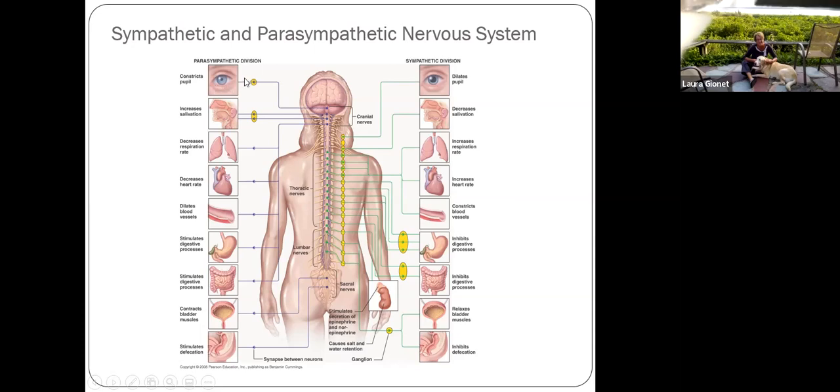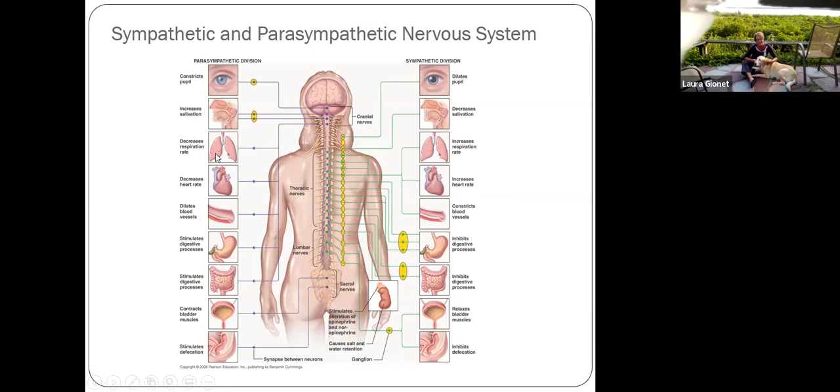It is considered excitatory because this muscle is contracting, but it's the circular internal layer of muscles that causes that pupil to constrict. And we'll look at that more when we get to the special senses. Increases salivation, lacrimation, and urination. We're going to look at an acronym, SLED, to identify the systems that are increased in parasympathetic